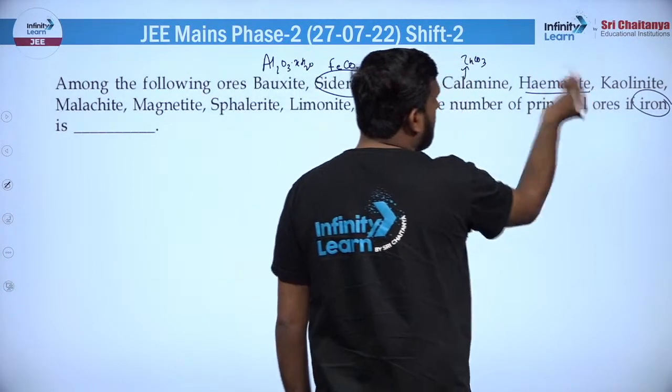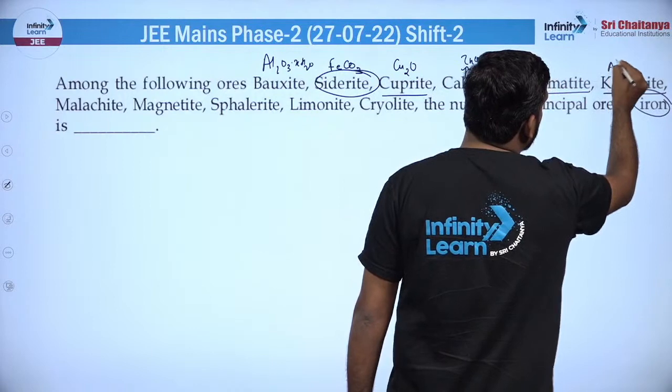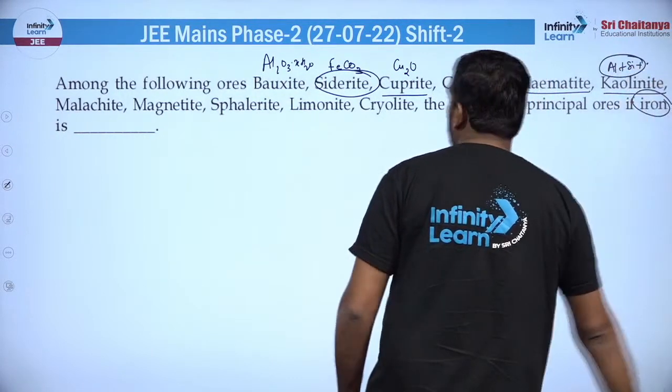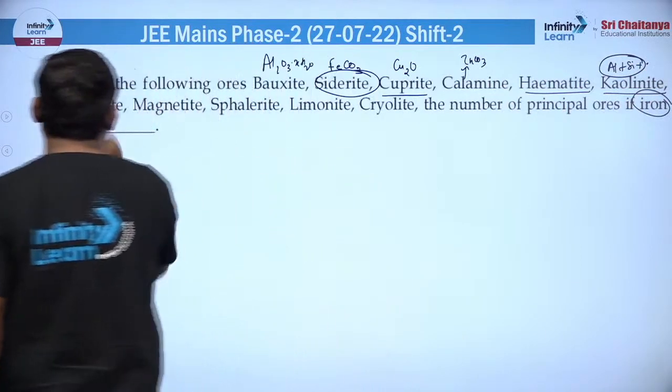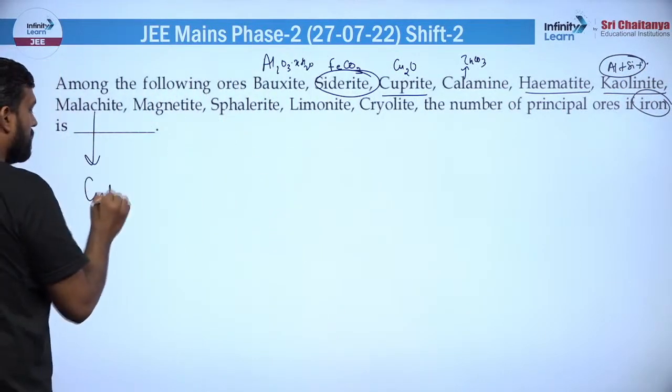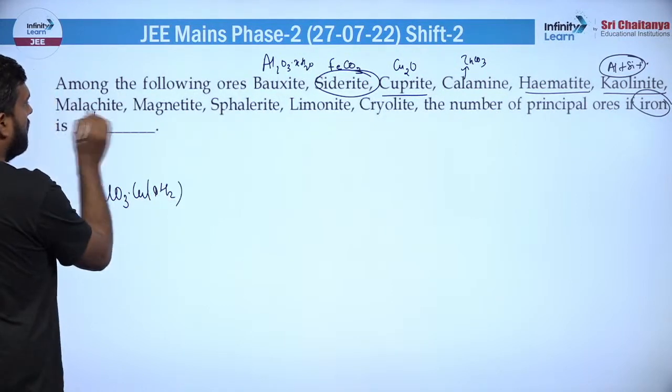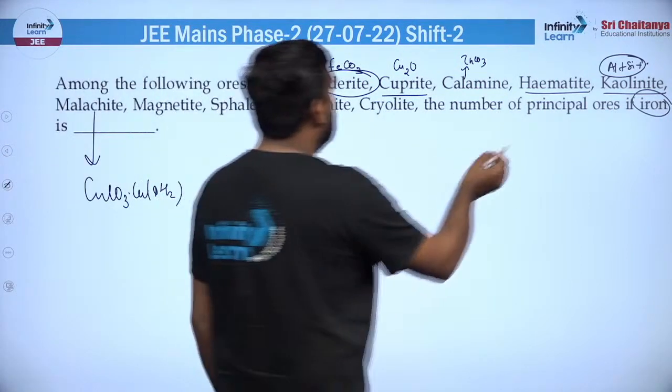फिर हेमेटाइट तो आपको पता ही है, आयरन का फेमस ओर है। कैओलिनाइट जो होता है वो एल्यूमिनो सिलिकेट का ओर होता है, ठीक है, ये एल्यूमिनो सिलिकेट होते हैं, तो ये तो आयरन का ओर नहीं होता, ठीक है। मैलाकाइट की बात करें, मैलाकाइट जो कहा जाता है, तो ये CuCO3.Cu(OH)2 होता है, तो ये कॉपर का प्राइमरी ओर है, तो ये भी गया, ठीक है। जो आयरन के मिले थे उनको तो टिक कर लो, नहीं तो थोड़ी देर बाद भूल जाएंगे।